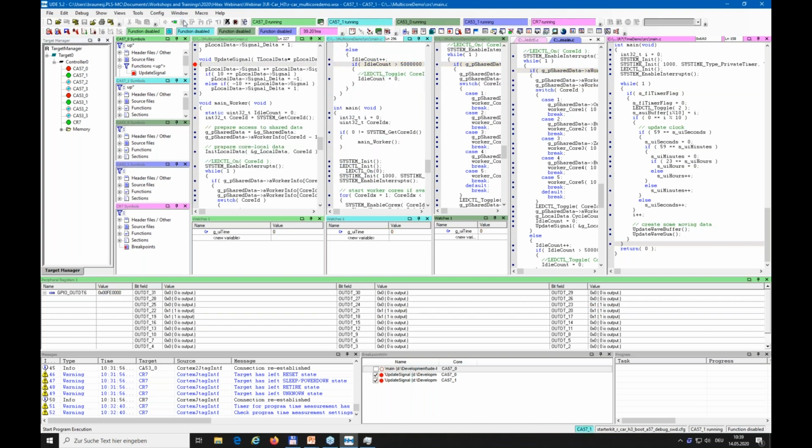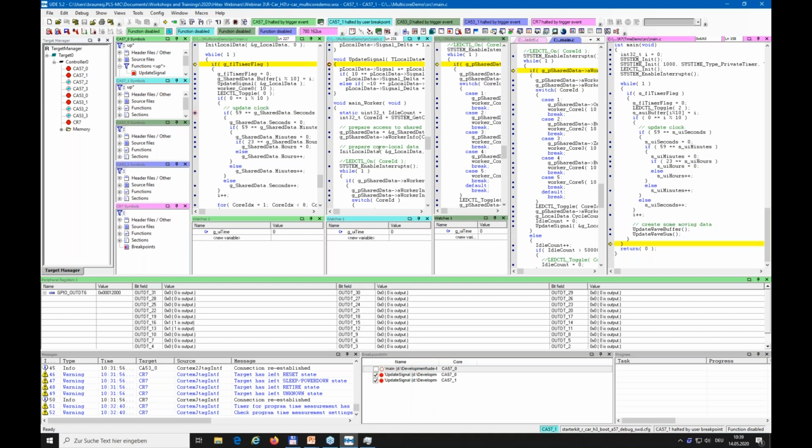But if you have 3 cores, 4 or 9 cores, and want to set a breakpoint there, it would be very annoying to do this for every single core. So for that, UDE provides a so-called Multicore Breakpoint,